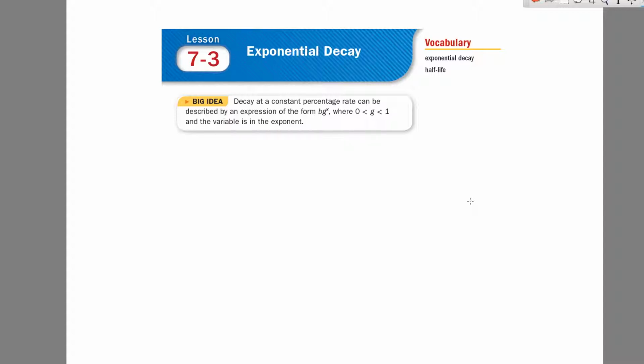Hey, we're decaying. This is going downhill quickly. We're into exponential decay. This is obviously different from exponential growth. This is where you start with something and it decays and it has that same kind of hooked curve, but it's going down. What exemplifies this, and here in the big idea, is that our b to the gx